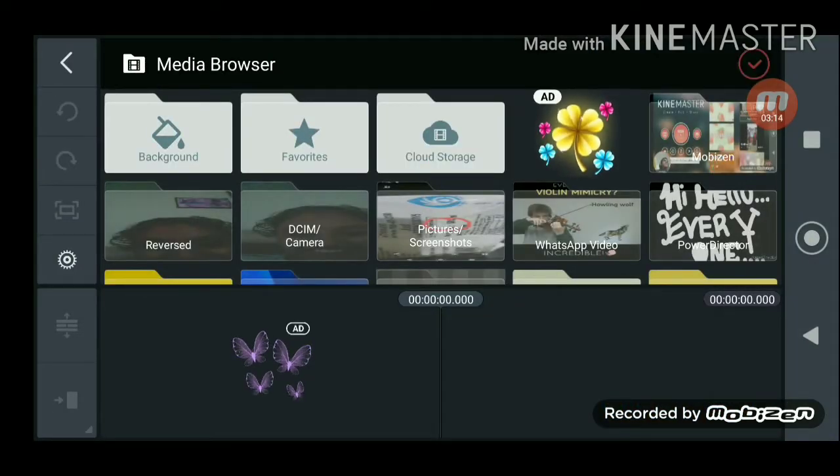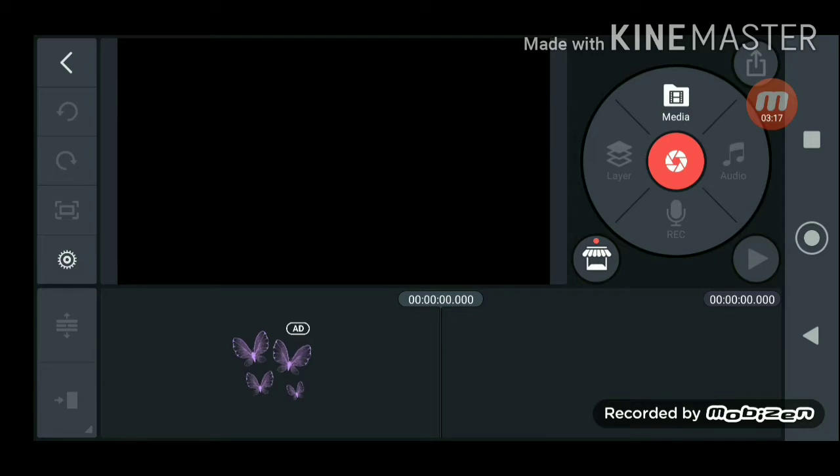When you start, you get this kind of screen when you click on new project. After you get everything, this is the media. I will tell you all the options of this. This is the media where you can get all the files and videos you want, and this is to export or share to YouTube, WhatsApp, your SD card or something. This is the play button, right here, and this is the asset store which I told you about.